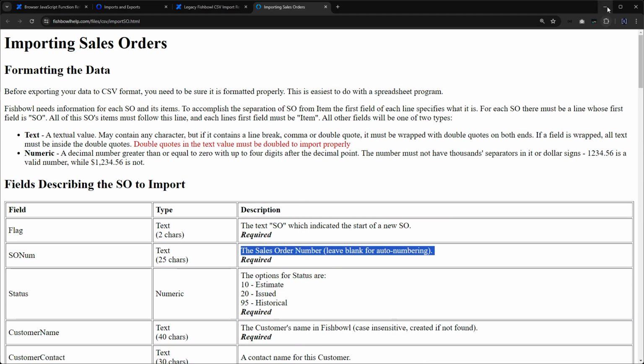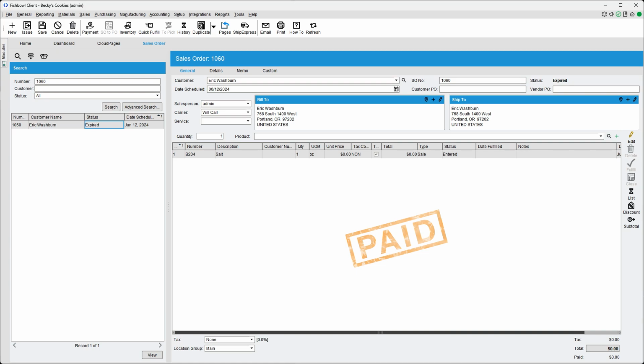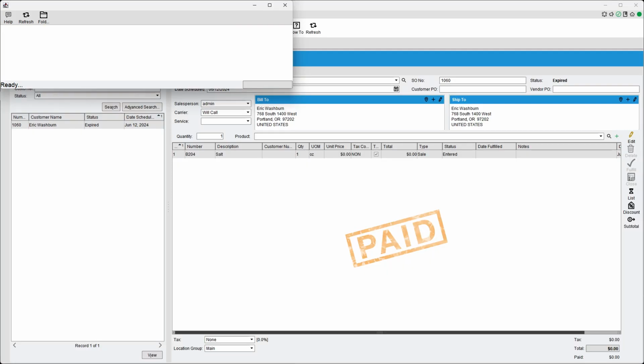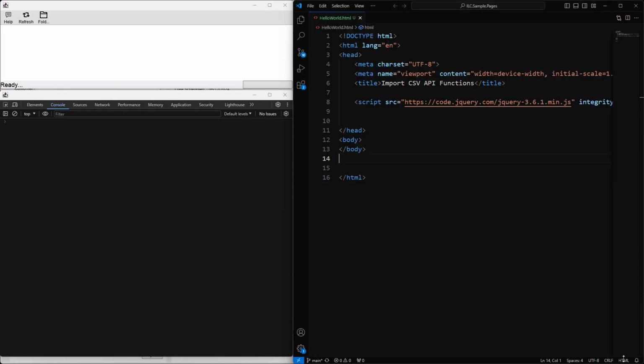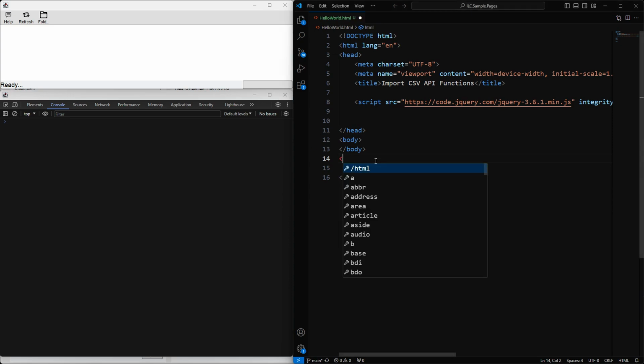Cool. So let's get ready into making this a thing in the Cloud Pages. So I've already had Cloud Pages set up. So I've got a blank page here, my console, and Visual Studio Code. And it does nothing, right? We're not going to have to do anything. But what we are going to do is do some